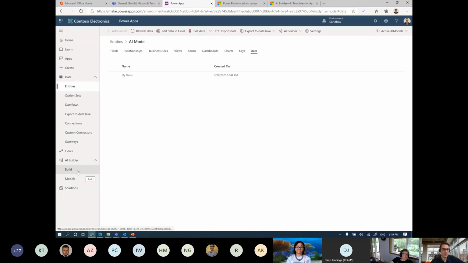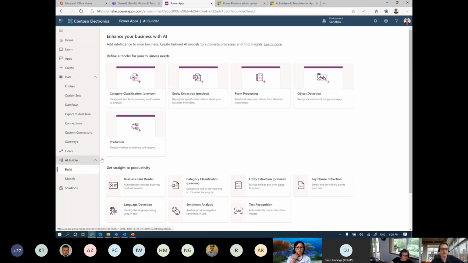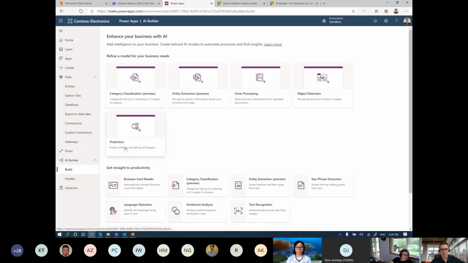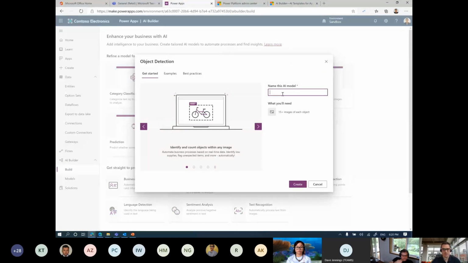Right, so to unpack the app and also the AI modules, if you go to the AI Builder section, you can see different models here within this environment. I already created one here, which is this one, and I'm using this my product model for the demo that I showed. But for the sake of presentation, I'm just going to go and create a new object detection, and I'm going to call it Vancouver